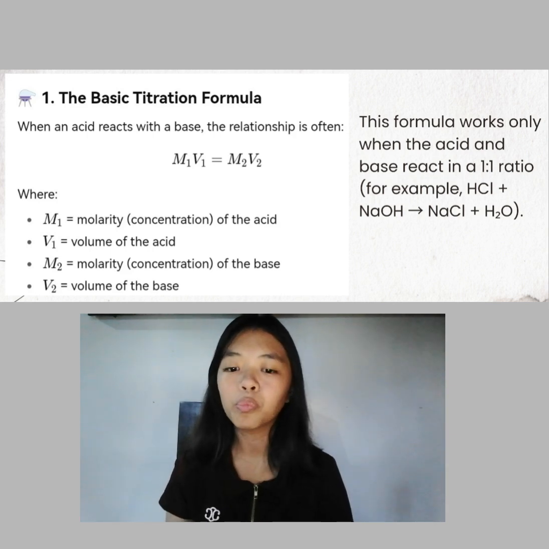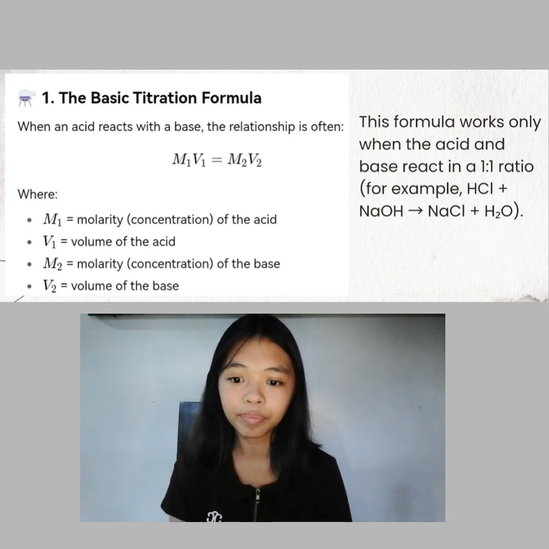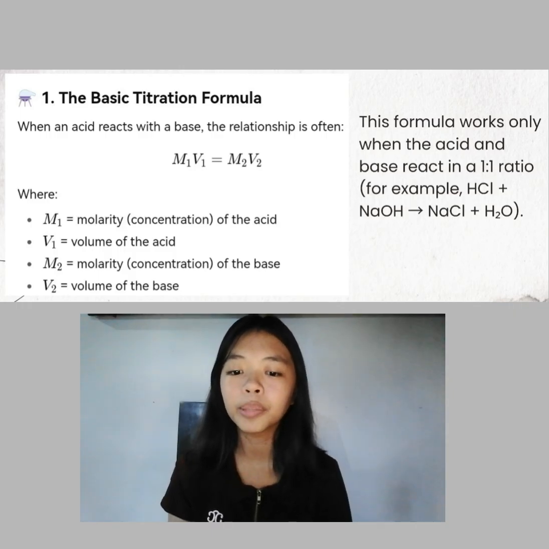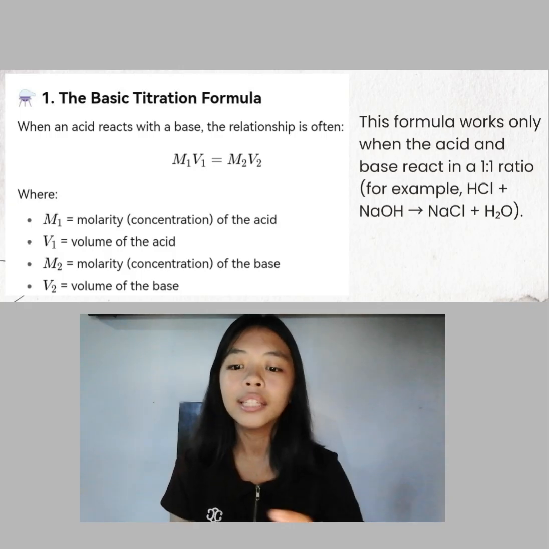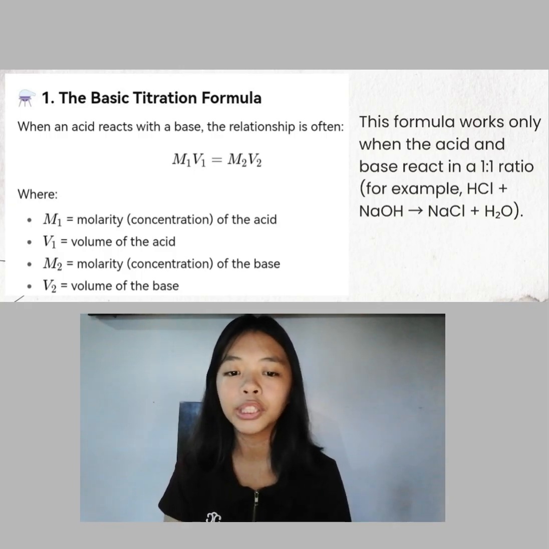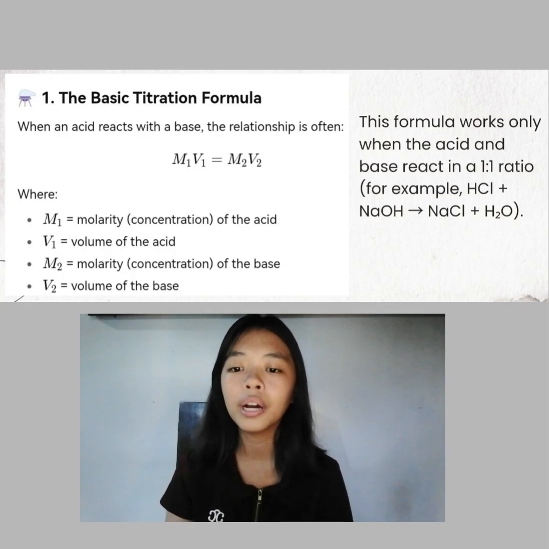Here, M1 stands for the molarity of the acid, V1 is the volume of the acid, M2 is the molarity of the base, and V2 is the volume of the base. This equation works when the acid and base react in a 1-to-1 ratio, such as hydrochloric acid reacting with sodium hydroxide. However, when the reaction ratio is not 1-to-1, for example with diprotic acids such as sulfuric acid, we use